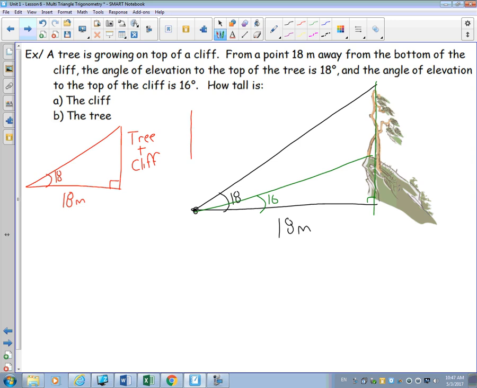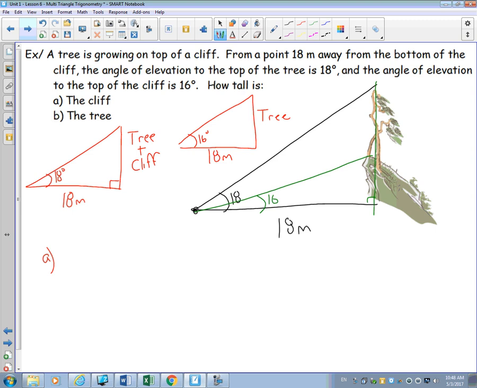The second diagram, which is just the tree, is still 18 meters away, but the angle is only 16 degrees. Okay. The questions I'm being asked are, how tall is the tree and how tall is the cliff? Well, I can figure these out